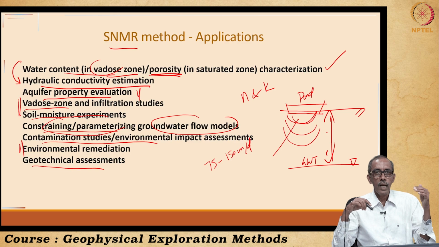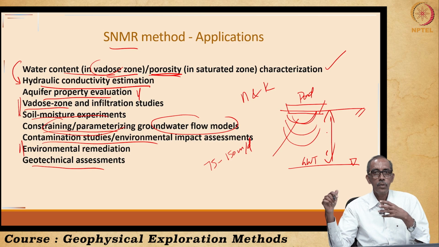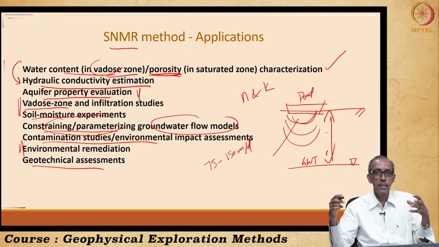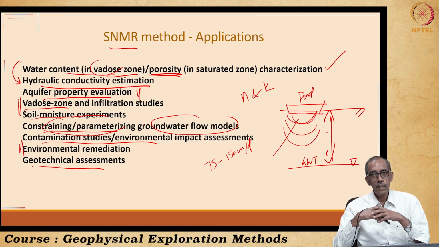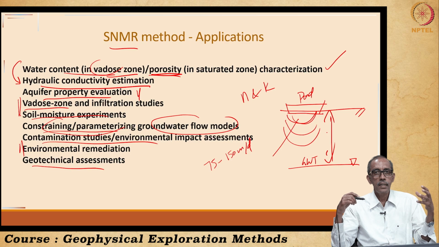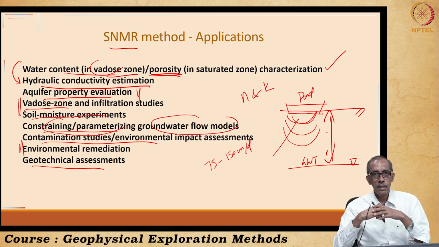So, today we had looked into this very recent tool of nuclear magnetic resonance. The nuclear magnetic resonance imaging that has been used in the health industry, in hospitals, or in health services, has been in use for a longer period of time. The same technology is also used to understand the subsurface. This is what we have seen today. It helps us to directly detect the presence of water as well as fluid that contains protons, especially hydrogen. And toward the end, we have seen this list of applications of SNMR methods.